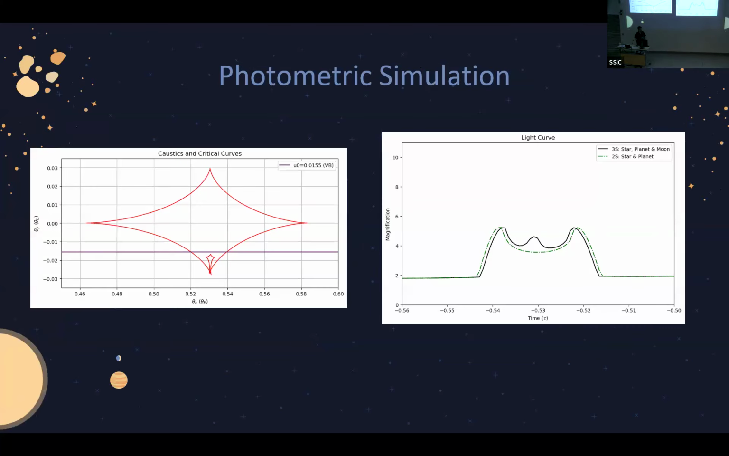So here's the photometric simulation. As you can see to my right, you get to see two caustics. The big one is from the planet star, and the little one is from the moon planet. Now the line, it's our trajectory, and as you can see when we look at the photometric data, if we